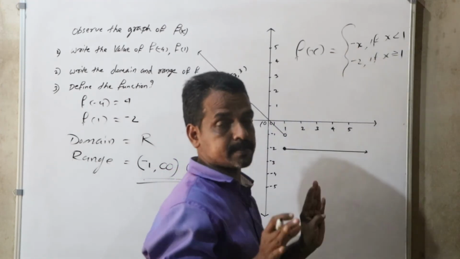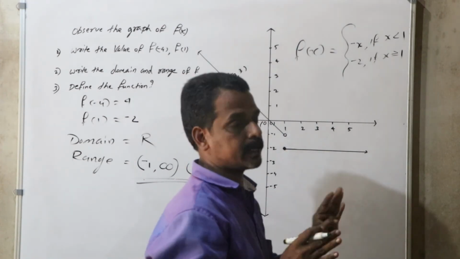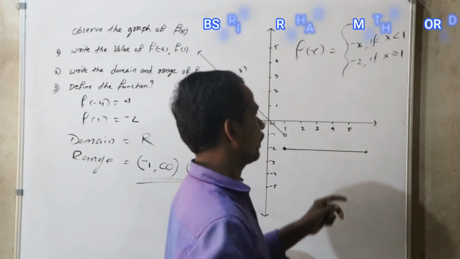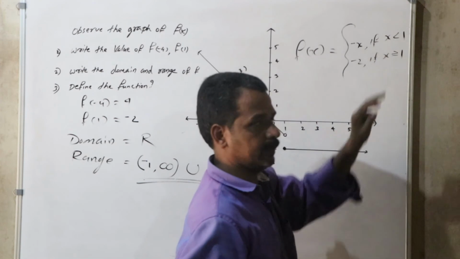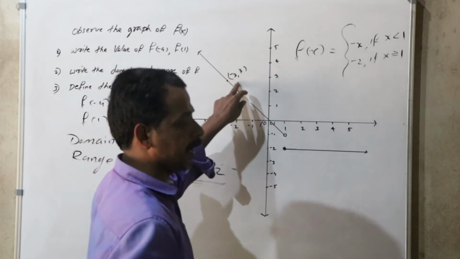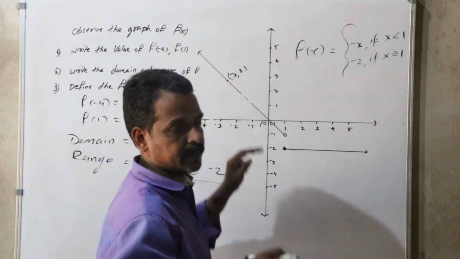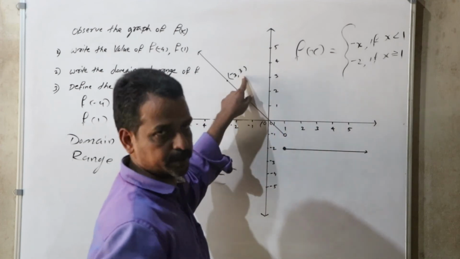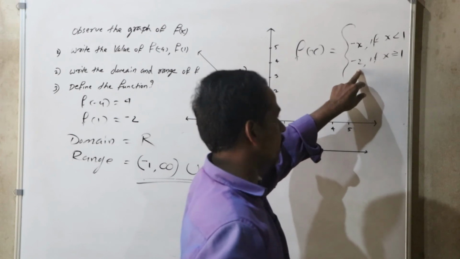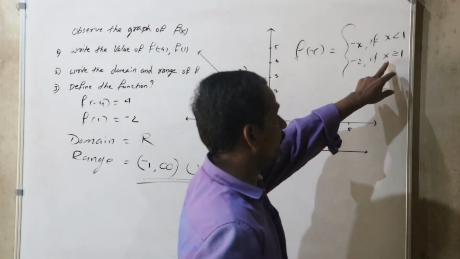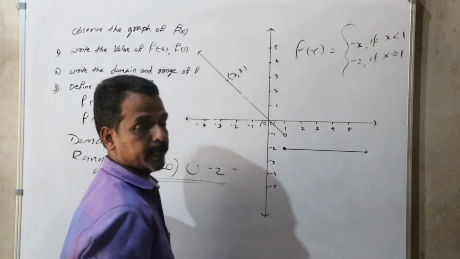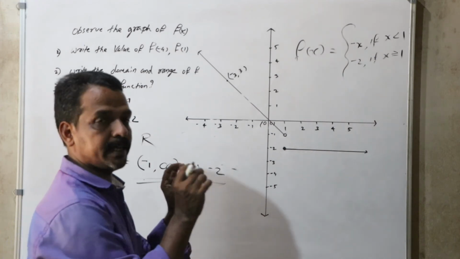-x means that in such an occasion minus x is equal to y. If x is lower than 1, the output is minus x. Okay. Here, the value of x is minus 3, and minus into minus 3 is equal to positive 3. And minus 2 comes as the output if x is greater than or equal to 1. It is the easy way.